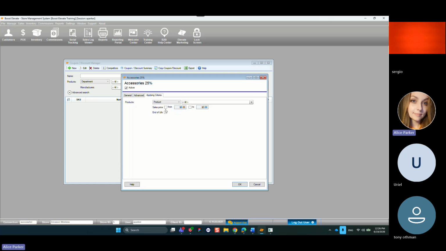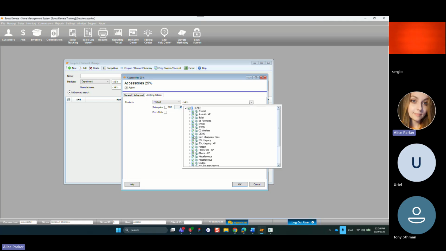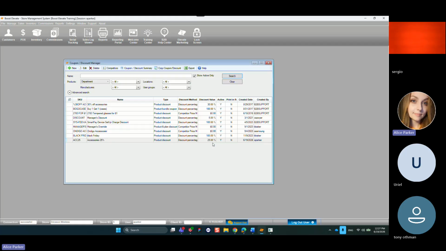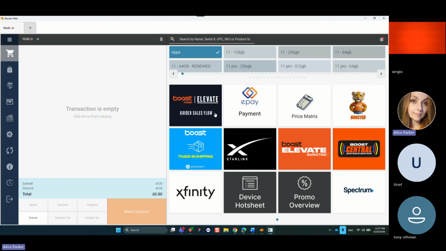So technically, if we select products, we can also go to a particular department and select that department only, or products in like one product category only. So in this case, it will be applied to all the products that I'm creating. So the sales price, we can also adjust from to, and end of life, we can put once this product with this discount is no longer effective. Once we click on Save and hit OK in here, this discount will be successfully added to the list of discounts that we have by default in our system, which means that once we have a sales representative performing a